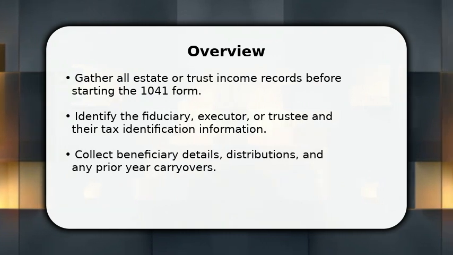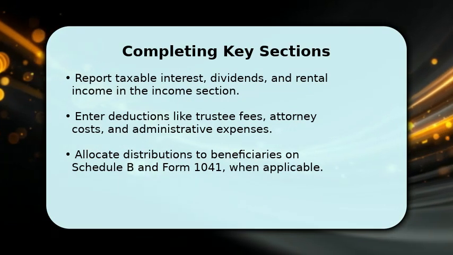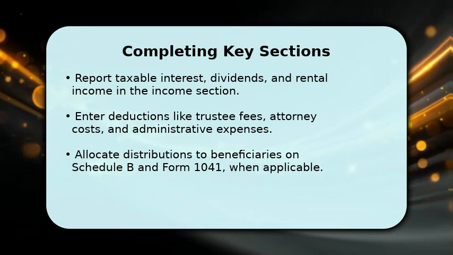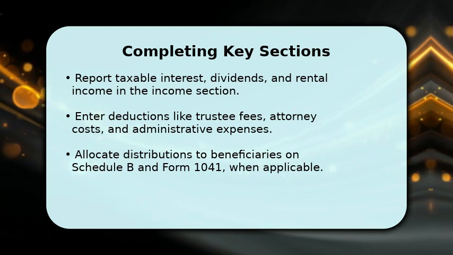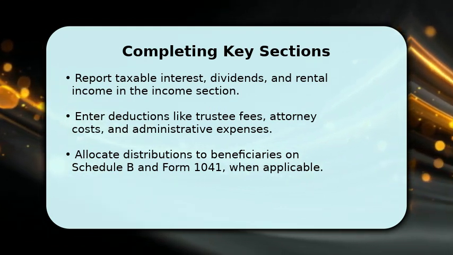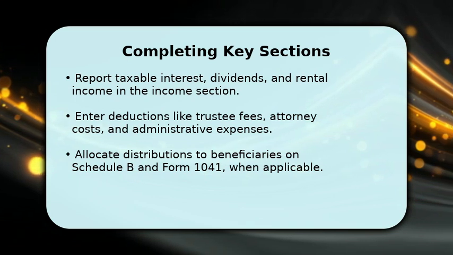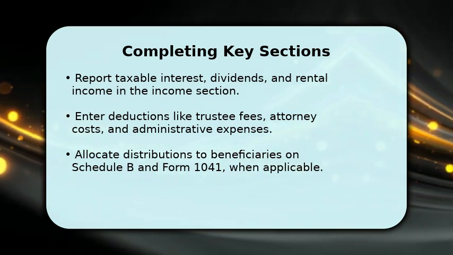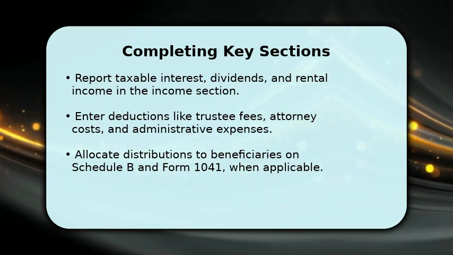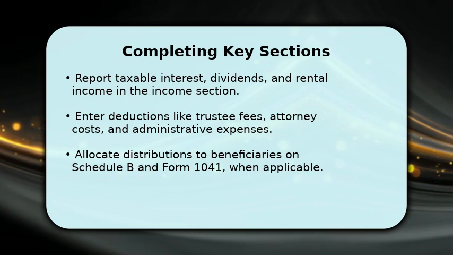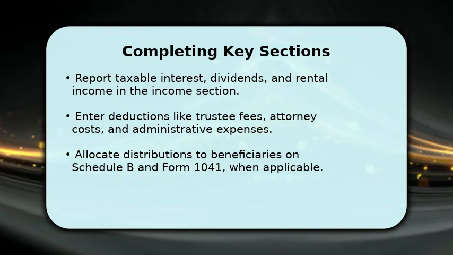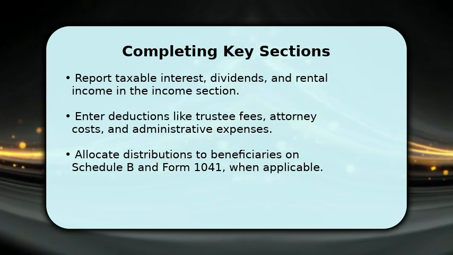the form. Begin with the income section, entering interest, dividends, rents, and other receipts, then move to deductions such as trustee fees, legal costs, and administrative expenses. Complete the tax computation and credits before calculating distributable net income and beneficiary shares on Schedule B. Double-check EIN, filing status, and accounting period to ensure accuracy, and keep clear records for each line to support entries